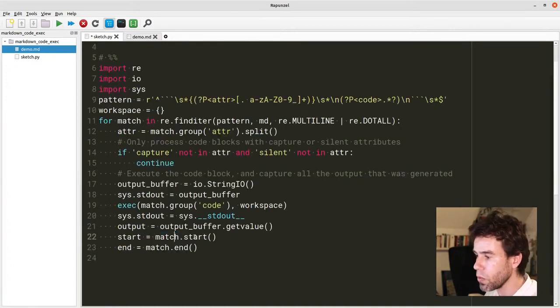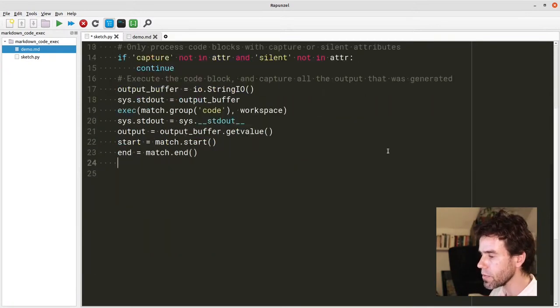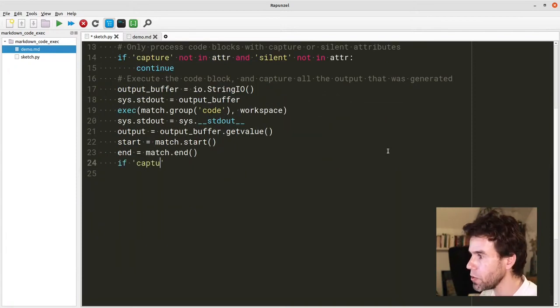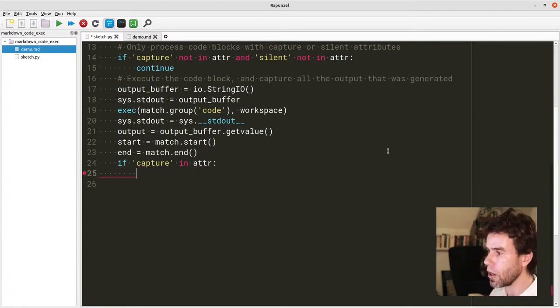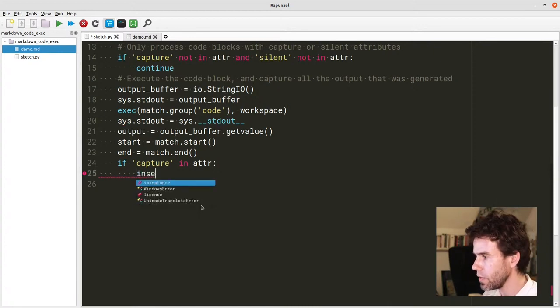So for us it's important to know where we are in the code. So we say, okay, start and end, they're there. Now, if capture in attrib, then we know that we actually really want to go in capture mode. So at some point after the end, we should insert the code output that we've captured. And what should we insert actually? Insert